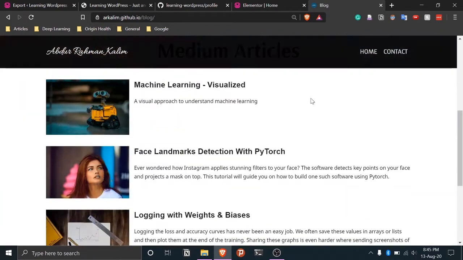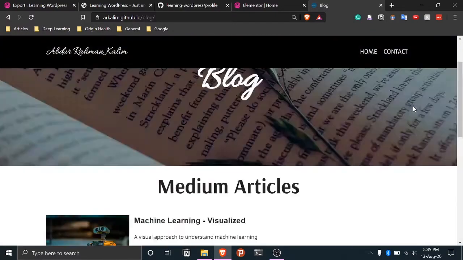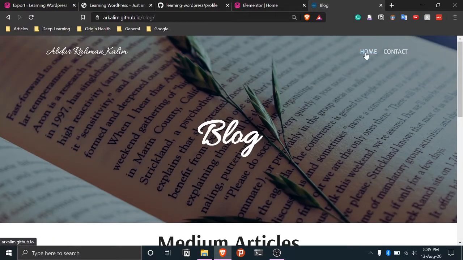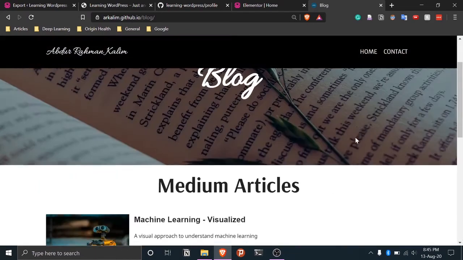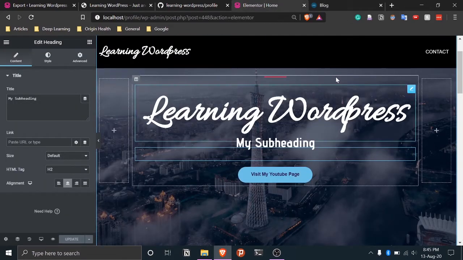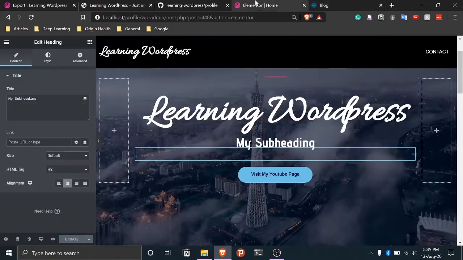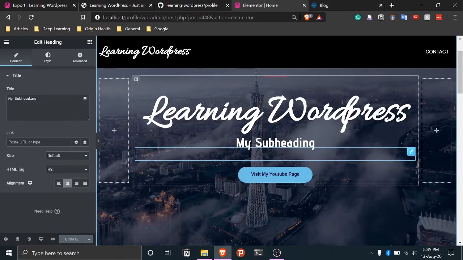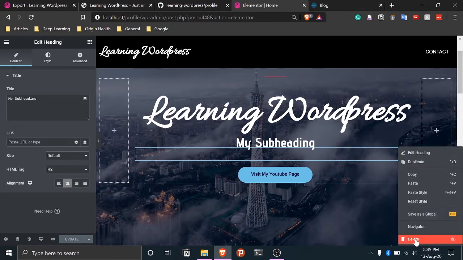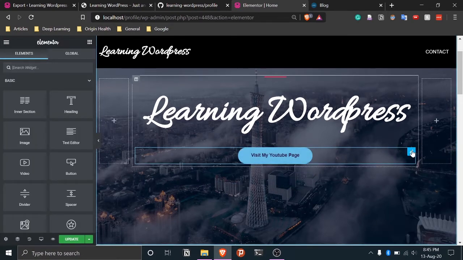So here also I have the sticky header. The only difference here is that I also have a home page, because this now takes me to my home page, and then the contact of course. So what we want to do now is we'll go here, and if you see, we don't have any button or subtitle, so we're going to remove those. The subtitle I'll just delete from here, okay, and this also I'll delete.